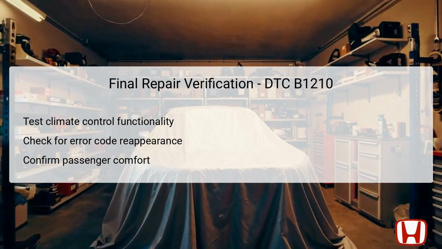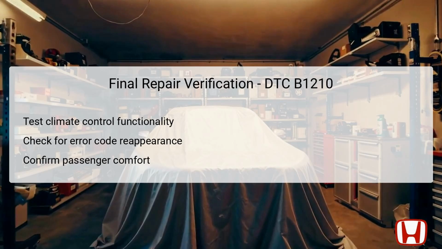After completing the replacement of the climate control unit, it is crucial to perform a final repair verification to ensure that the malfunction has been resolved. Begin by testing the climate control functionality through all available settings to confirm proper operation. Additionally, the technician should check for the reappearance of the error code DTC B1210, ensuring that the new unit is